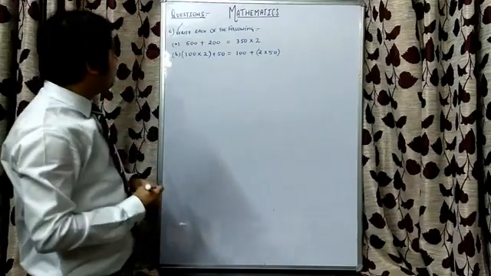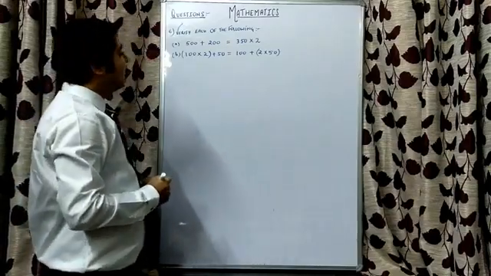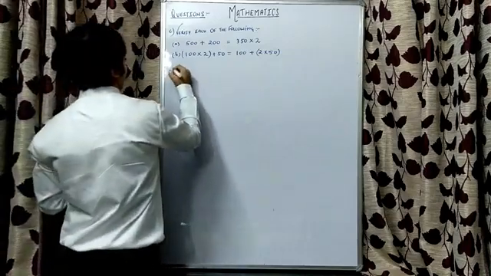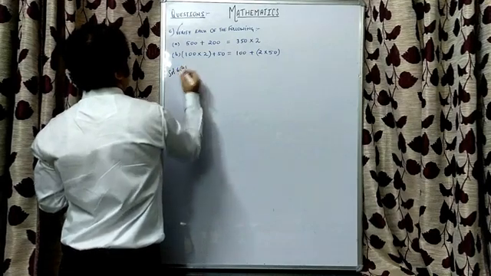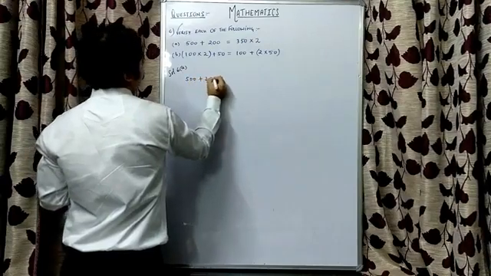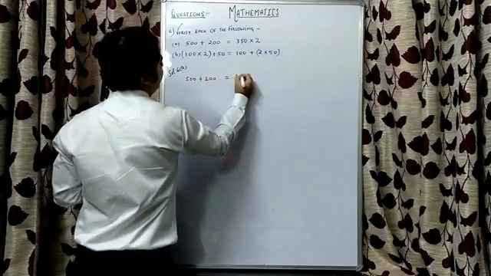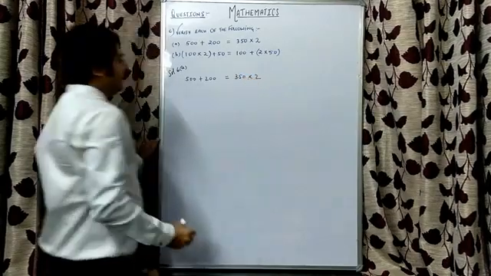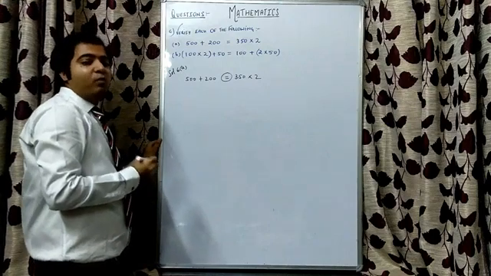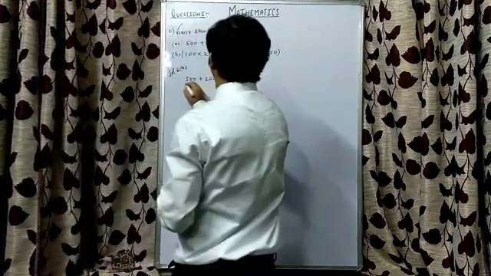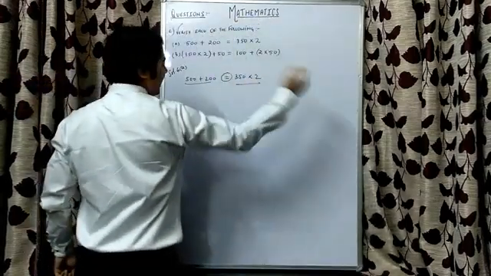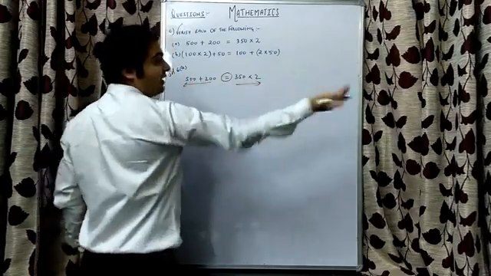Question number 6 says verify each of the following expressions. Right? So this is a very important question, and for verification, children, we need to understand that each expression has got two parts: the left hand side part and the right hand side part. It is decided with the help of this equal to sign. This decides what is the left hand side part and what is the right hand side part. Whatever is coming on the left hand side of equal to is the left hand side part, and whatever is coming on the right hand side is our right hand side part.